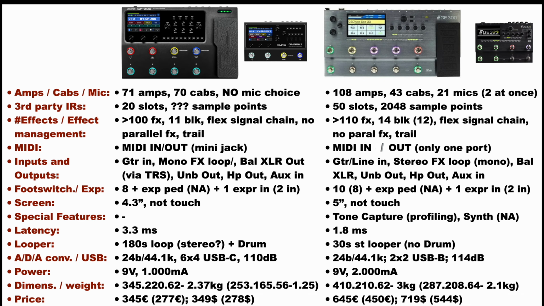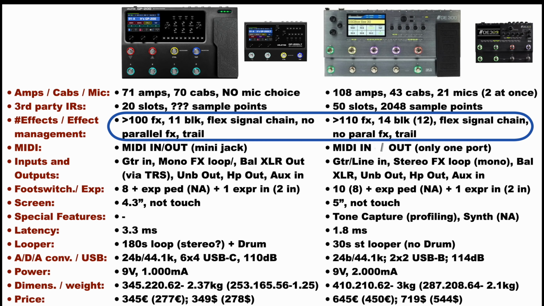And finally, as regards the price, the GP200 and the LT are both less expensive compared to their Mooer counterpart by a large margin, being almost half the price. So finally, in terms of technical specifications, I would say that the main differences I would mention are the stereo